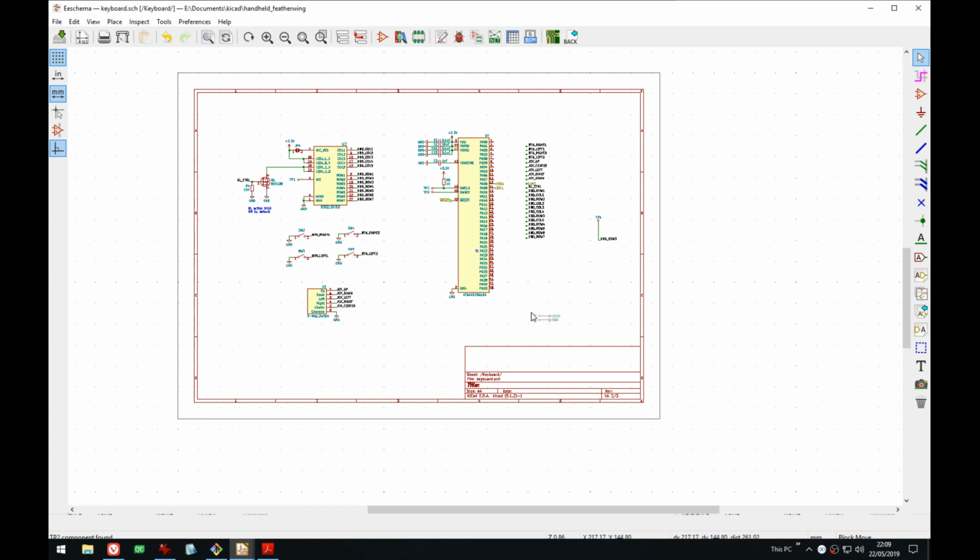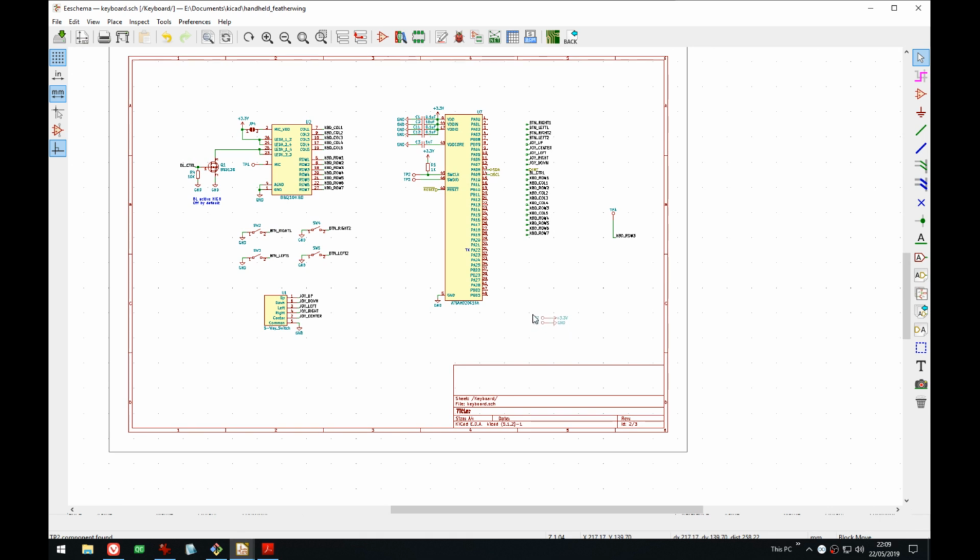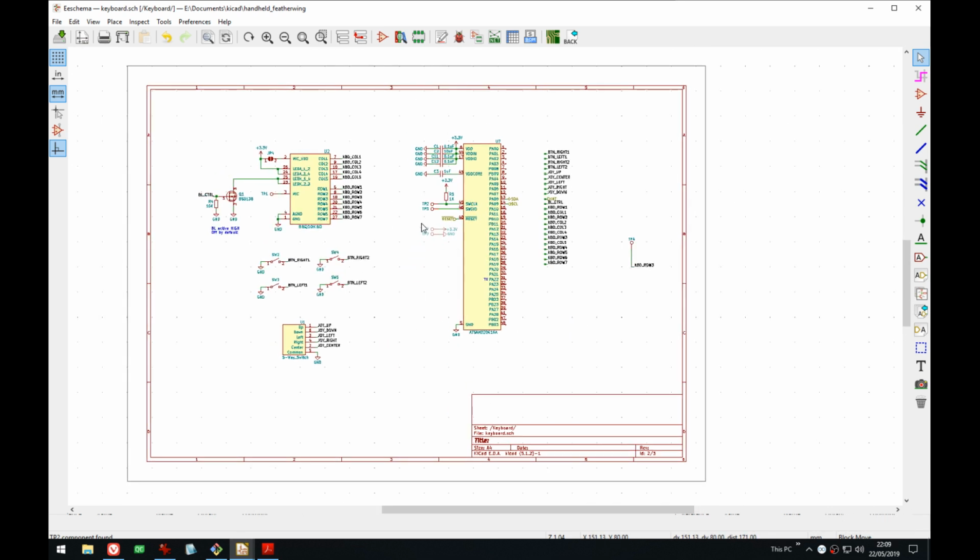Somewhere. This doesn't fit anywhere really, so that's the problem. You could have it like here, but no. Just put it here and